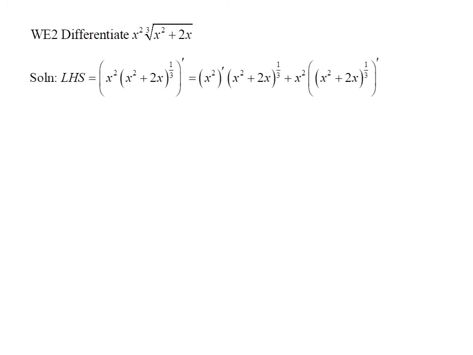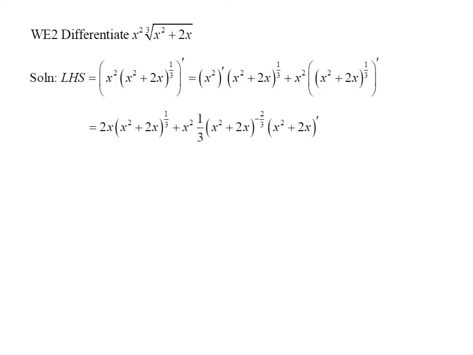Example 2 is to find the derivative of the function, which is x squared times the cube root of x squared plus 2x. According to the product rule, as well as the chain rule we just learned, its derivative equals the derivative of x squared times (x squared plus 2x) to the 1/3, plus x squared times the derivative of (x squared plus 2x) to the 1/3, which is simplified to